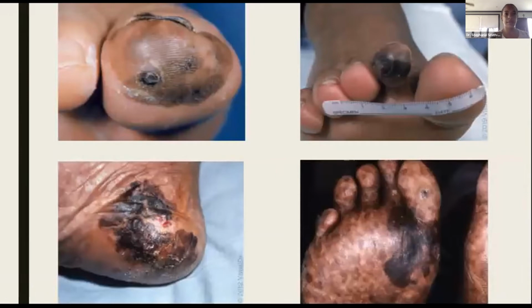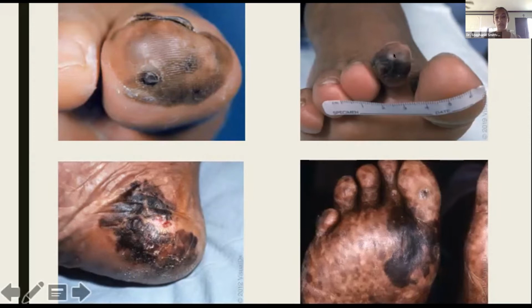So just to show us some examples of what our acral lentiginous melanomas can look like, these photos are taken from Visual DX, and they may have multiple different presentations. So this is a patient in a lighter skin phototype with an irregular patch. So we say that this has irregular pigment on it. It has some very black areas, some very light brown areas, and you can see that the nail is involved as well. Here on the second digit, you have a brown to black patch.